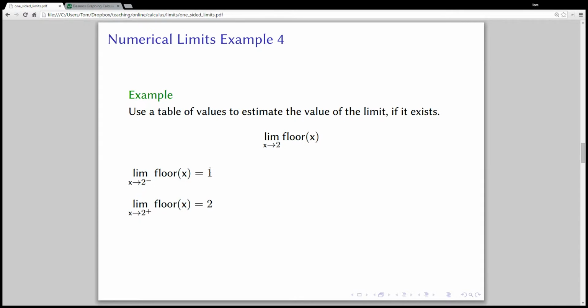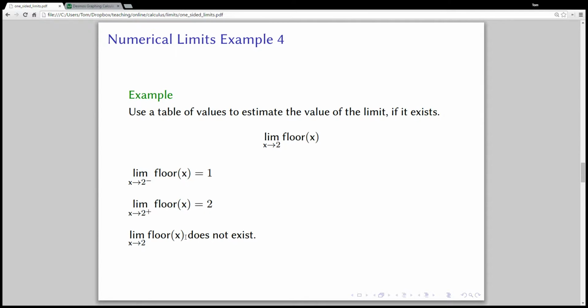So again, these limits are just looking, this one from the left side, this one just looking on the right side. And the other one, which we already calculated, I'm now going to refer to as the two-sided limit when there's a question about it. So the two-sided limit of the floor function as x goes to 2 does not exist, as we mentioned. Remember, the two-sided limit means that as you approach 2,